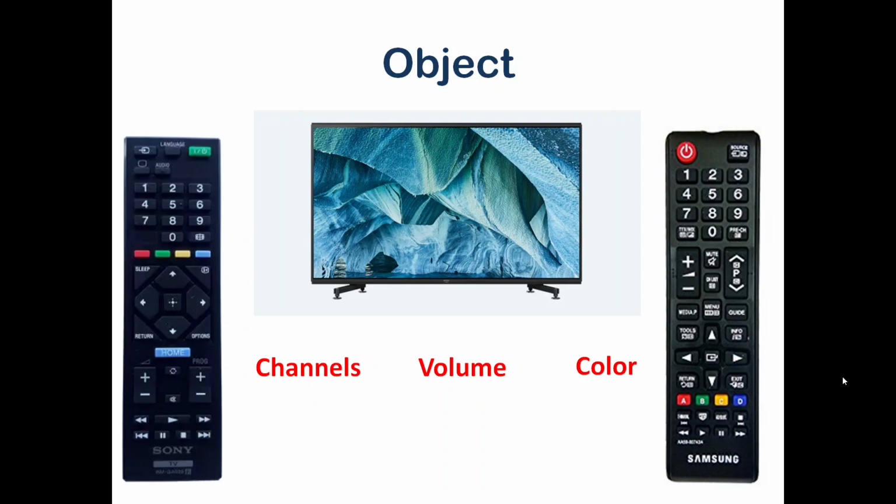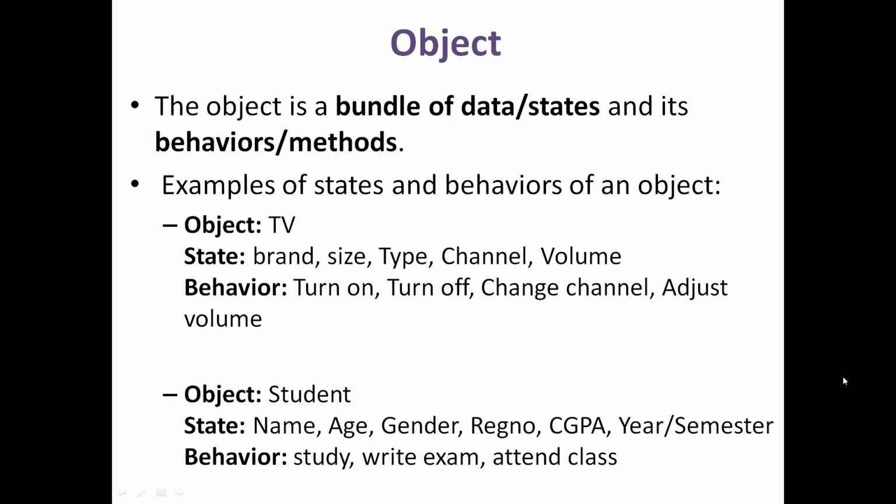That is precisely how objects are going to be made in C++. Whenever an object is created, it is going to comprise some data which can be manipulated by the user. But how you manipulate it, and what the possible manipulations are, is going to be fixed with the help of the methods that are also included within that object. So every object is a bundle of data and behavior. Data is nothing but the states, and behaviors are termed as methods.